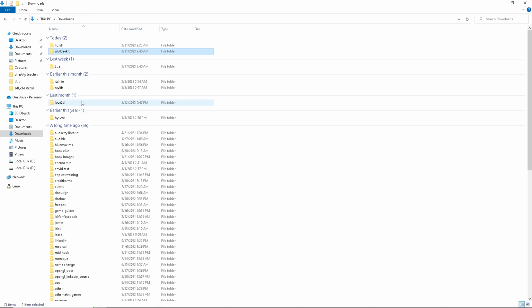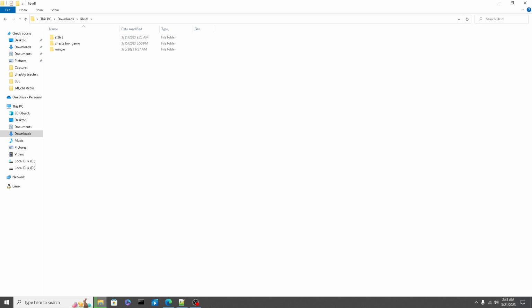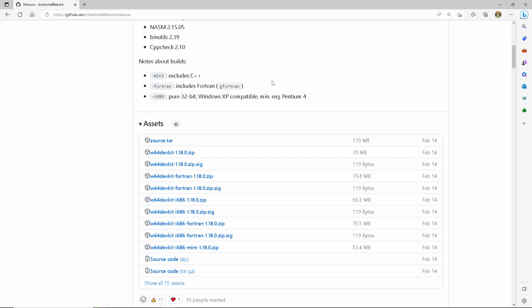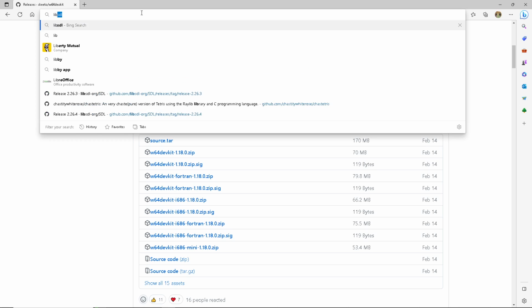So in my libsdl files, I have version 2.26.3 here. And that's really nice. But what I'm thinking of doing is getting the latest SDL version, and I'll show you how I do that while I wait for that to extract. So let's open up a new tab here. Or actually, I can use the same tab. We're going to go to libsdl,